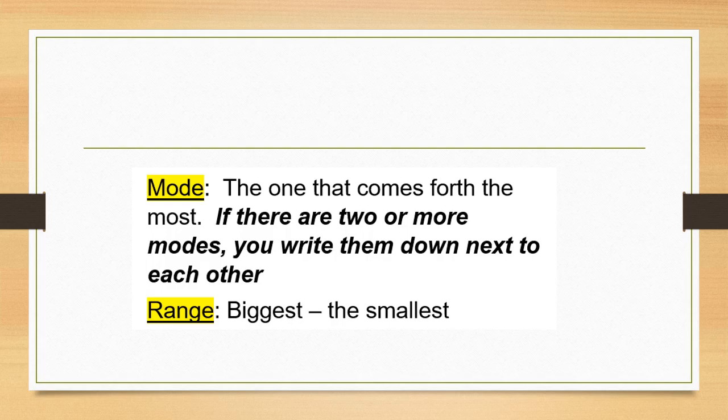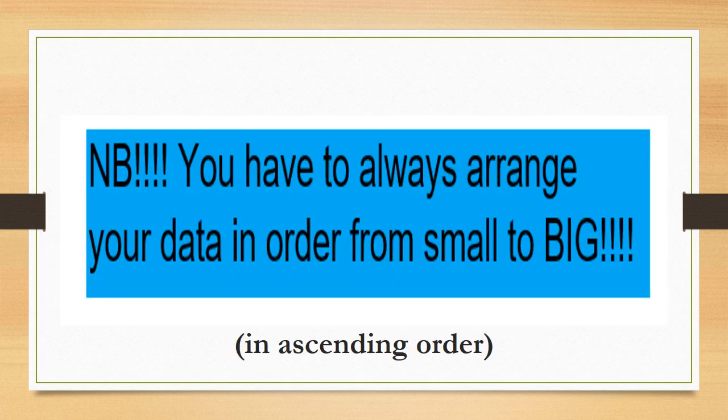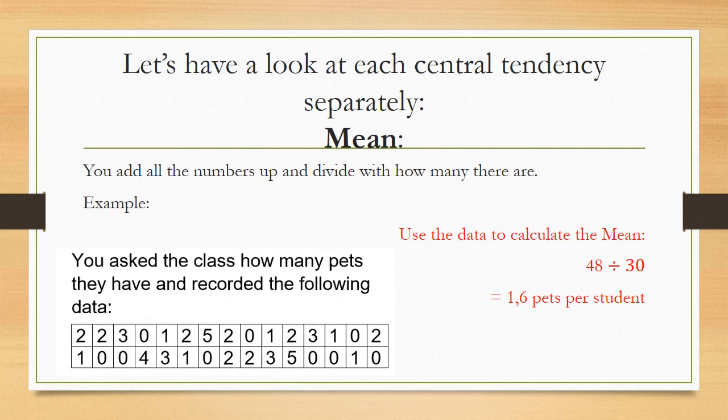And the range is the biggest number that you can see minus the smallest number that you can see. Very, very important, like I said, you always have to arrange your data from small to big. Let's quickly have a look at the mean. The mean is the average. It's mean of you to ask me to add all these numbers and divide by how many there are. So if I say to you this example, you ask the class how many pets they have and